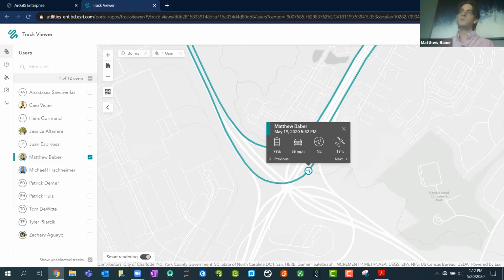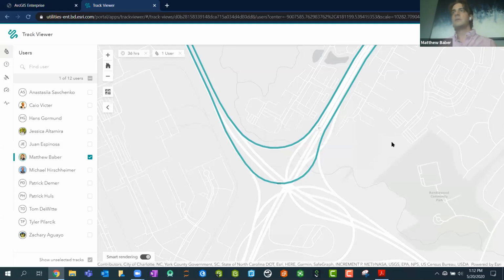So I know to what level of certainty I have to assess whether that individual point was accurate or not. So as I'm creating these tracks, I can actually exclude less accurate readings to create a more accurate line. Now, I keep referring to these as tracks and lines, but what's happening behind the scenes is each and